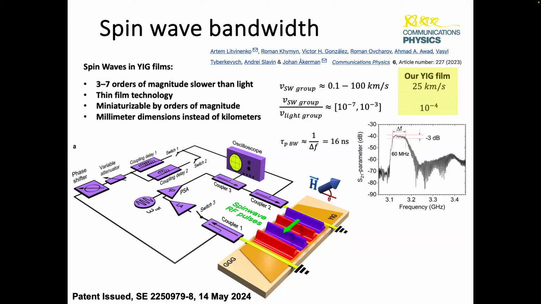So we have to look at the transmission of spin waves, and here we see that there's a spin wave band. The 3 dB bandwidth is 60 megahertz, and this is the only bandwidth we can operate with at 3 gigahertz. So that sets a limit to how fast we can ramp up the pulses and how fast they will decay. So 1 over delta F here gives us 60 nanosecond ramp rates then. But there